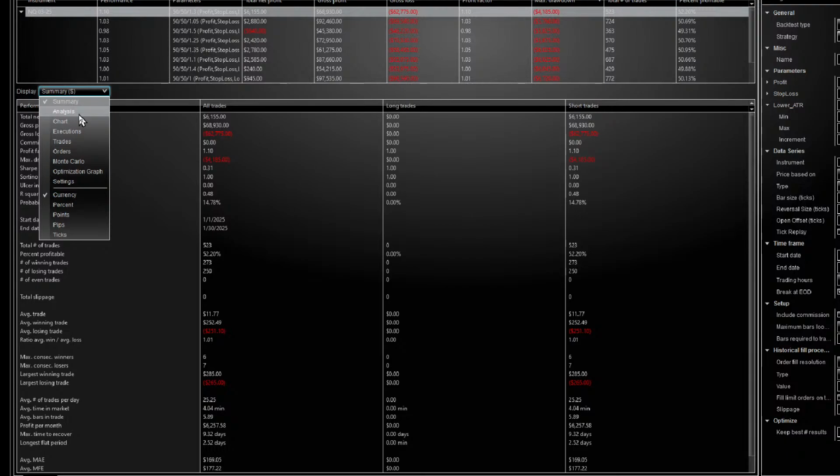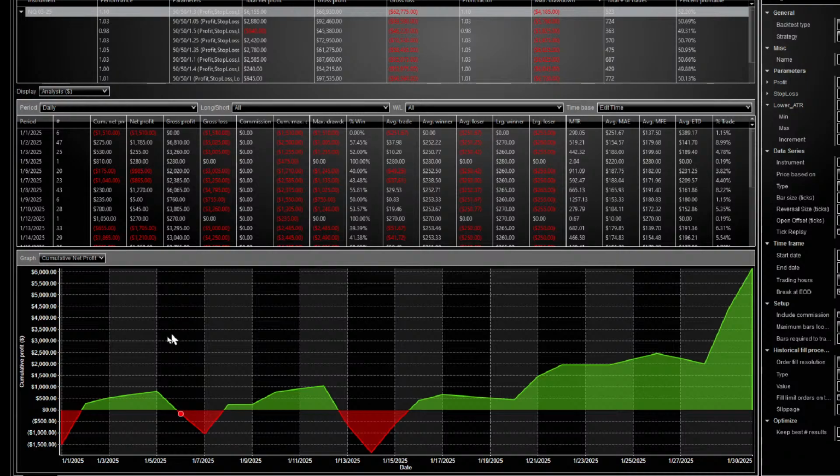Alright, so here we go. We're going to go into the analysis here on this display. I want to see roughly what it did. Alright, so it looks like this is a really good setting in more recent times, which is more tempting to me because I'm looking to tune to more recent times and maybe go back and retune later. And this is how you can kind of do it a little bit differently than just messing around with the indicators the way I've shown you before. And I think